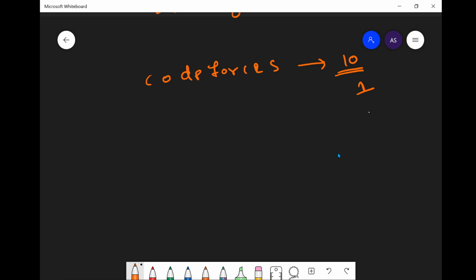Now let's go for when the given input is 2. For this, the answer should be something like this. As we did in the case of 3, here we can take it as 2, and consider this one and then this one. So we will get two different Codeforces strings out of this.